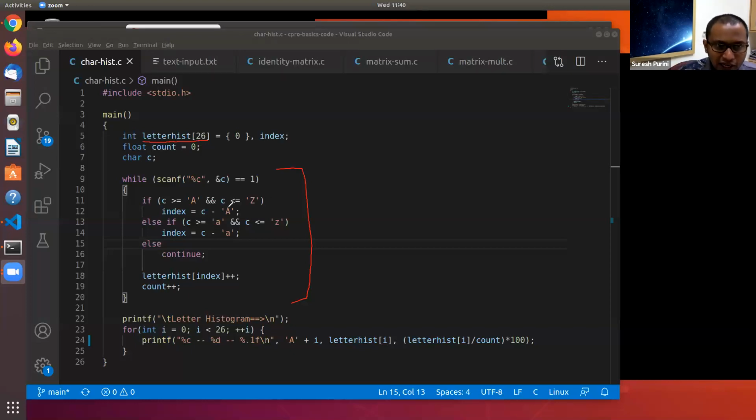Let's say if the current value being read is capital Z, then control comes here. Capital Z minus capital A: you take the ASCII value of capital Z and the ASCII value of capital A, and when you subtract, you will get 25.